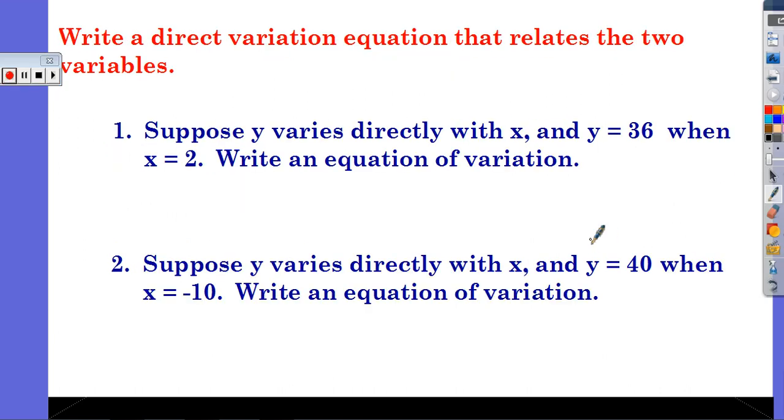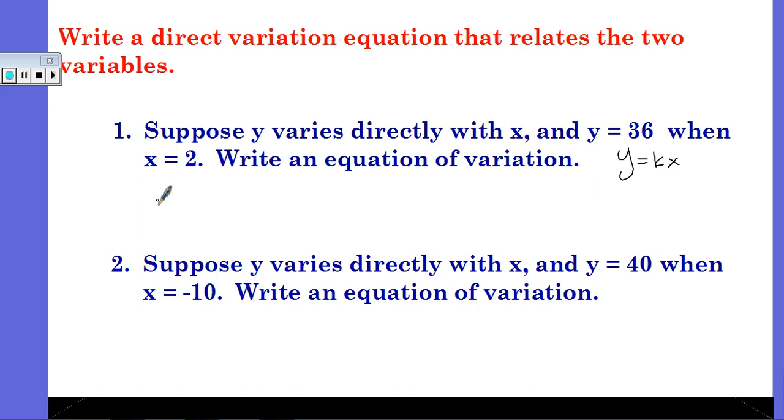Okay, last thing we want to take a look at is just a different way to ask the same question. So again, suppose the y varies directly with x, and y is equal to 36 when x is equal to 2. Write an equation for variation. That just means, again, the direct variation equation. So we're going to want to write a y equals kx equation. We're going to want to figure out what k is. Again, k is y over x. So we're going to substitute in y, which is 36, and x, which is 2. And 36 divided by 2 gets us,